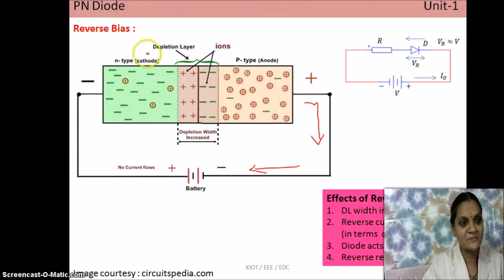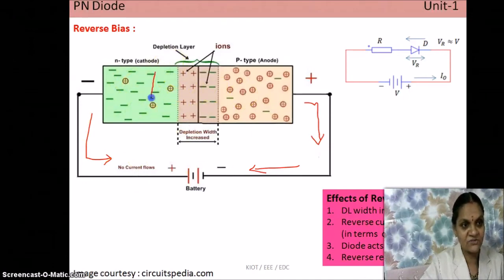battery. And similarly on this side, on n-type, majority charge carriers are electrons, negative charge, and connected to the positive terminal. So negative charge, positive terminal, opposite charges, so attraction will be there. So electrons start to move towards the positive terminal of the battery. Once the charge carriers start to move away from this semiconductor, what happens here?